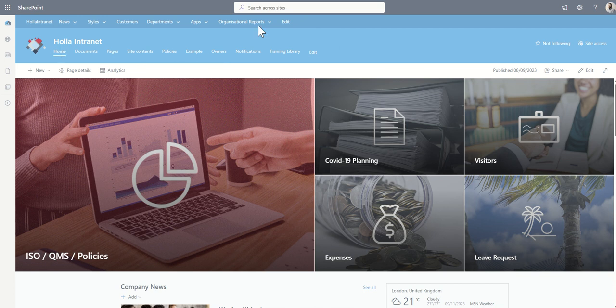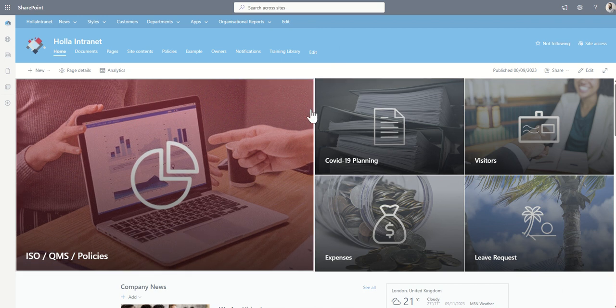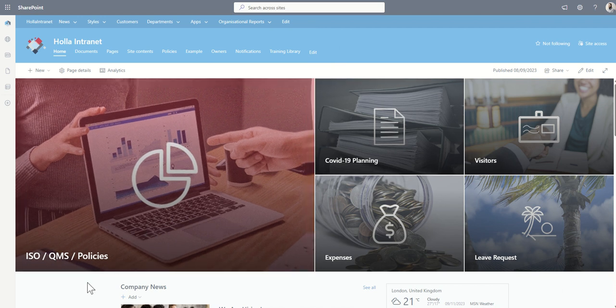We've got other navigation areas here, but we're going to talk a bit more about navigation later on. This is more first about just giving you a bit of a look and feel of an intranet homepage. So this is where we've got the tiles across the top. Now, because this is a very functional navigation related layout,